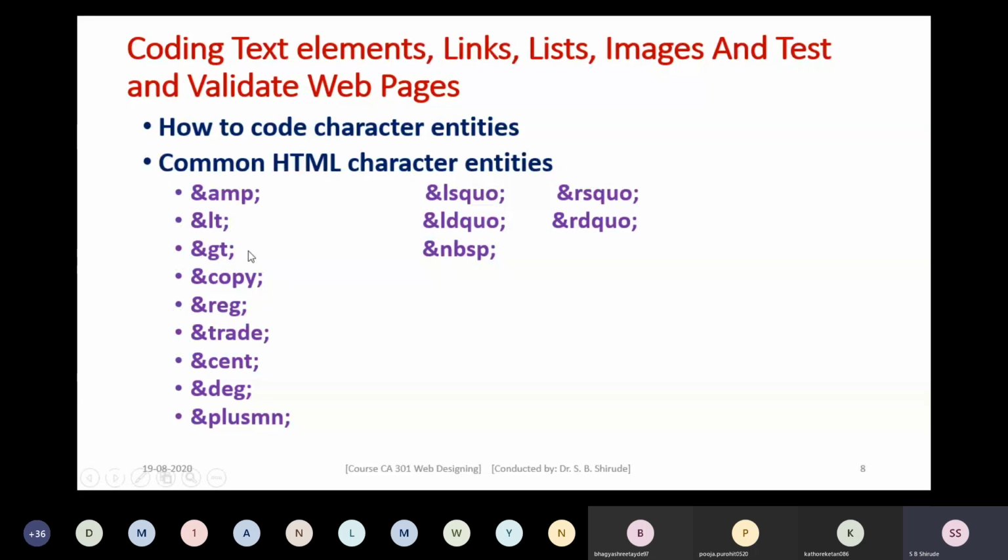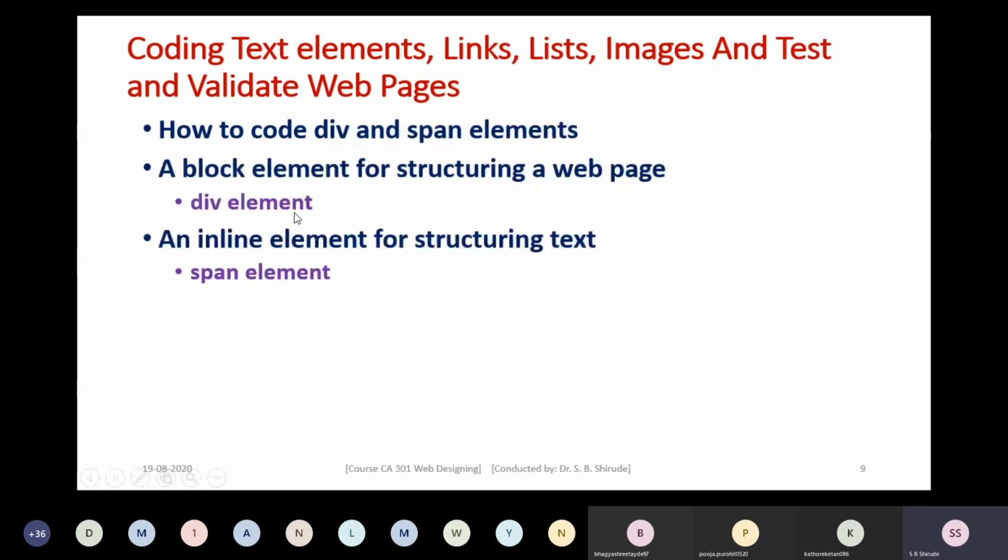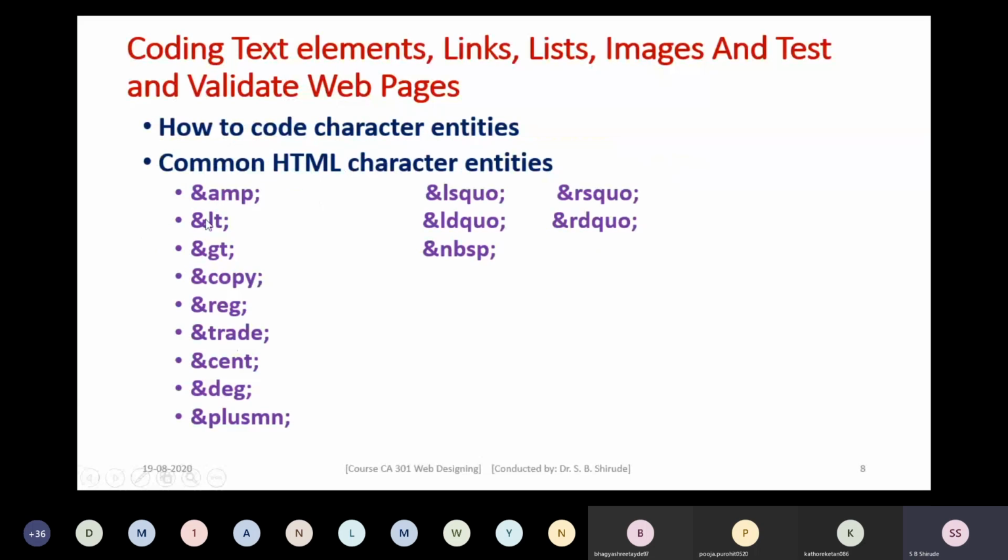If you want to put an ampersand sign directly in the HTML, you cannot, because it has a special meaning in HTML. But if you want to insert it in the text, you can make use of the character entity, ampersand followed by AMP semicolon. That will put an ampersand sign.